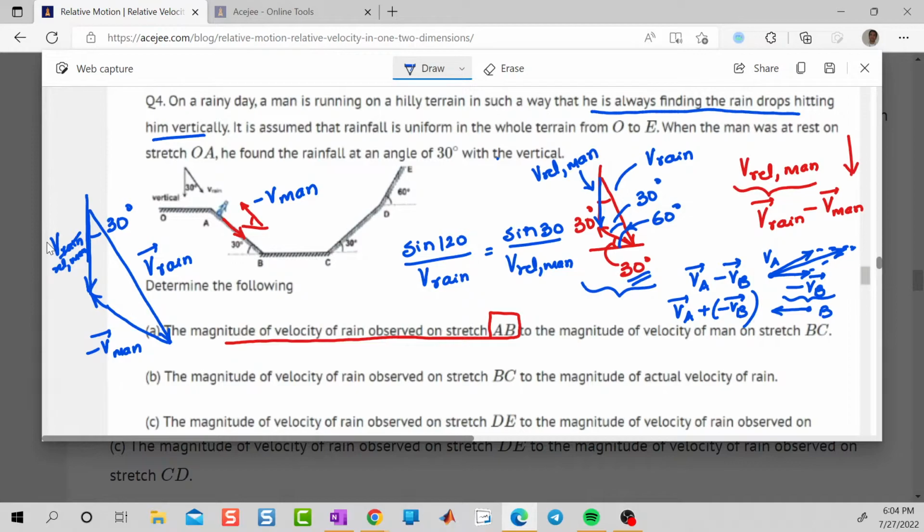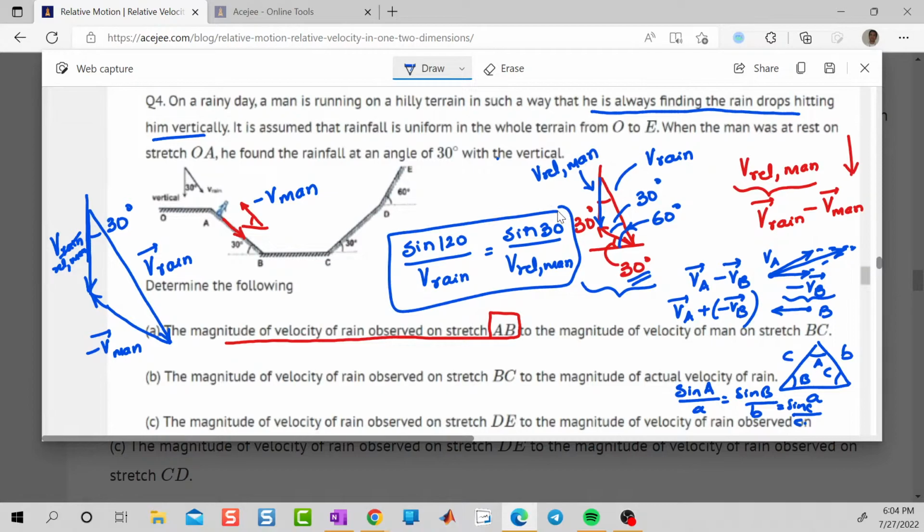Yes, Peter? Yes, sir. Then we're just using the sine rule, right? Yeah. You're familiar with that, Peter? So sides A, B, C. Yes, sir. Angle A, angle B, angle C. So sine A by A is equal to sine B by B is equal to sine C by C. So now we're interested in V relative man. So this is the equation. So we're going to find V relative with respect to man, that means relative velocity of drops with respect to man in terms of V rain. So that will be,